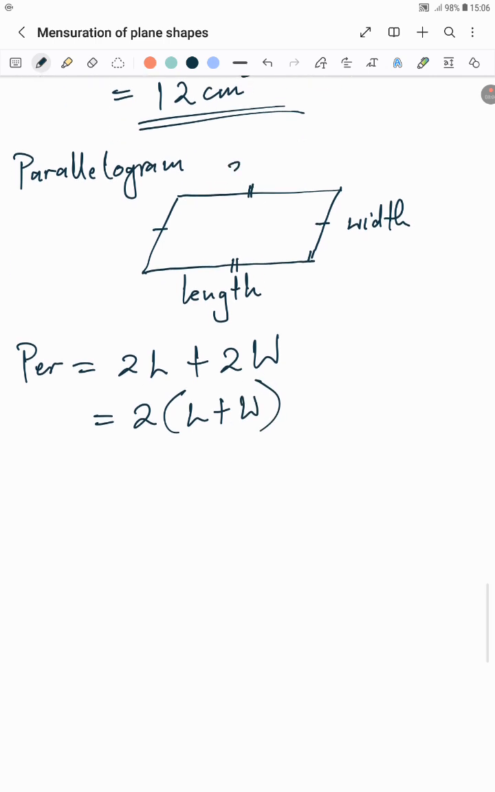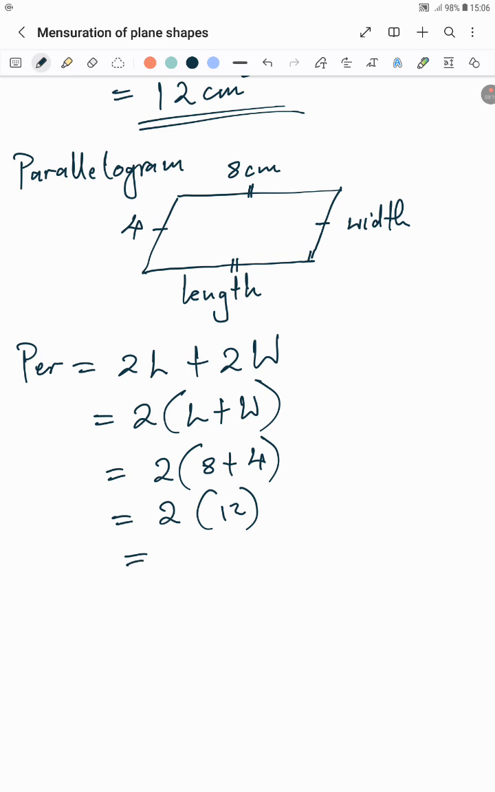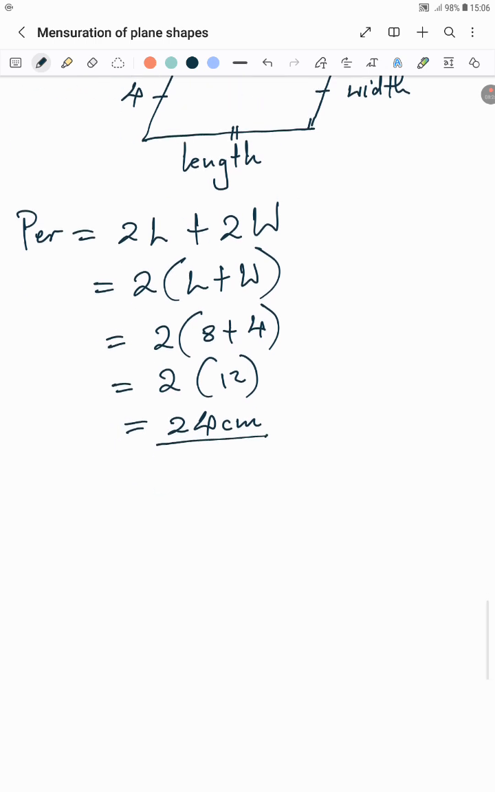So if this one is equal to 8 and this one is equal to 4, then our answer is going to be 2 times (8 plus 4), and you get 2 times 12, and your final answer will be equal to 24 centimeters. The area of a parallelogram,